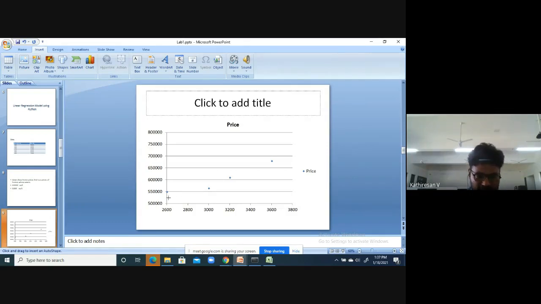But I can connect with some error. Okay, I can connect like this. Yeah, I can connect like this. Closely I can connect. And also I have an option to connect like this. I can connect like this using a straight line. Okay, so multiple options are there.